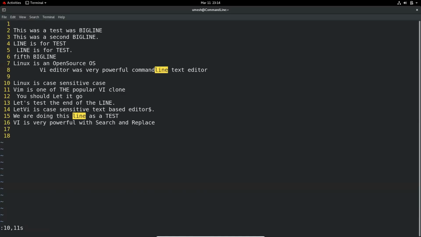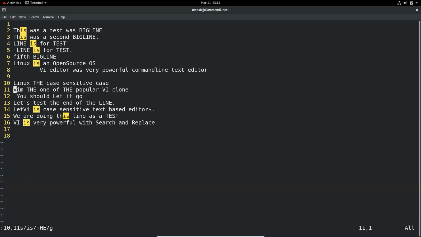So we're looking for the word, let's say, is, and this is replaced globally, just between 10 and 11. It didn't change the other lines.